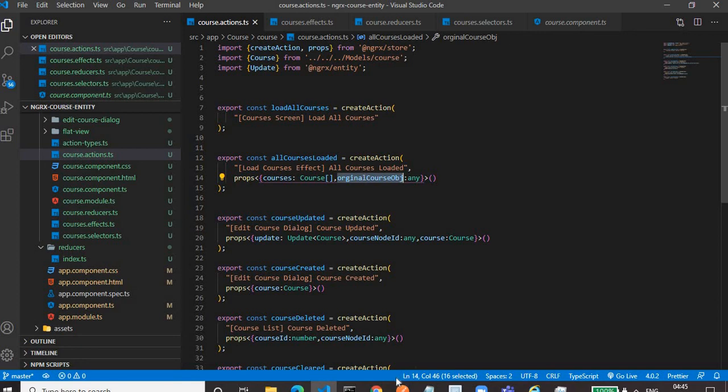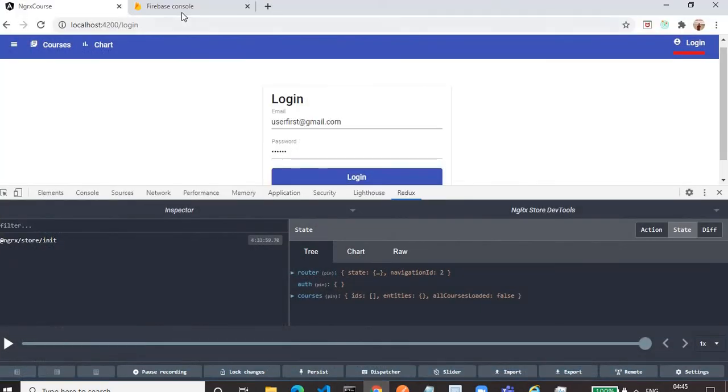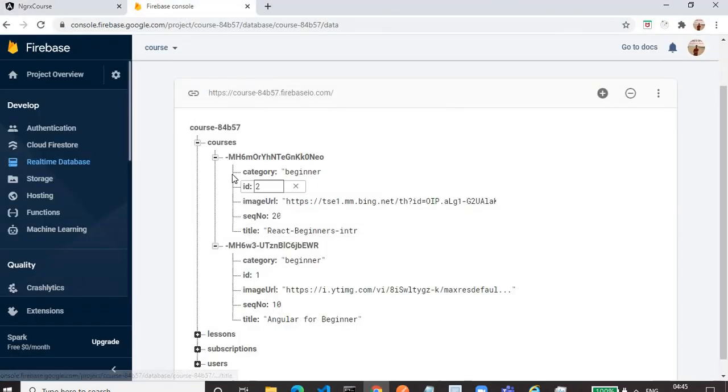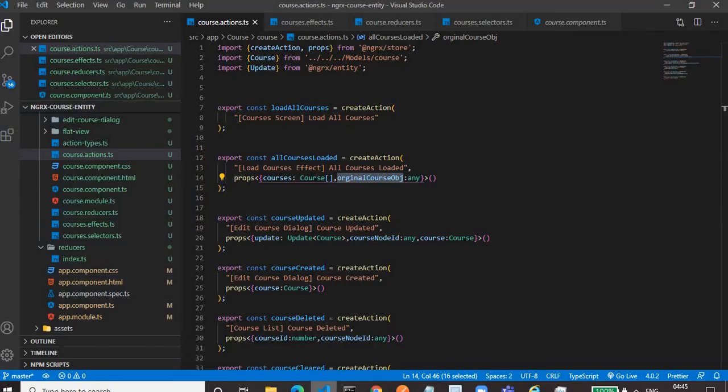If you see in the Firebase database, we have two courses, and it will return the courses as an object. In that object, there is the key, and these are the values. Again, the second one is the key, and these are the values. So this original object we also need for our purposes. If you are not using Firebase, then this original course object is not needed at all.